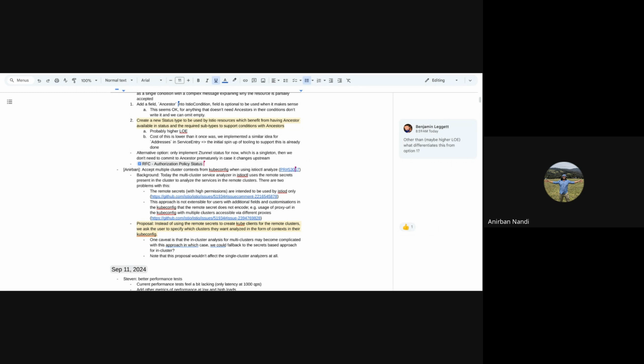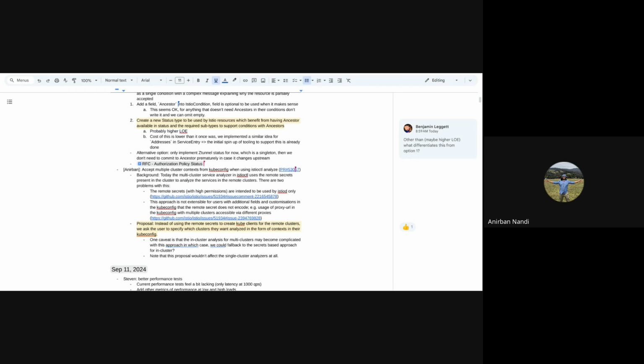What I'm trying to change here is that instead of using secrets to create kube clients for the remote clusters, we get the input from the user on the clusters they want analyzed, as well as how to connect to them, in the form of cluster contexts stored in the kubeconfig. Now, as I understand, we don't have this UX for istioctl presently, which is why the reviewer on the PR suggested that I propose this to the working group first.